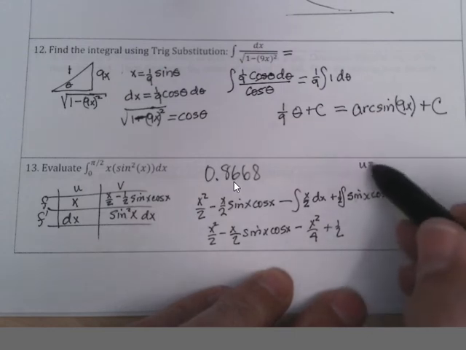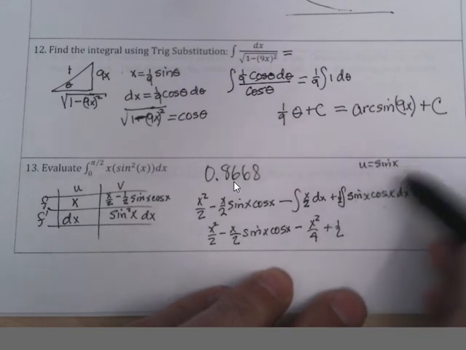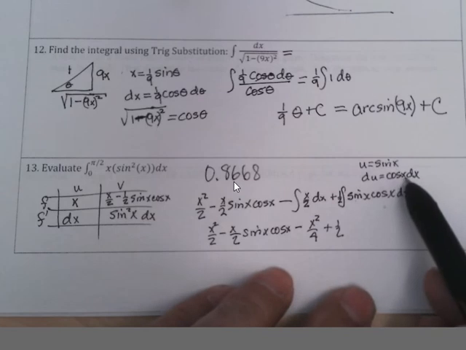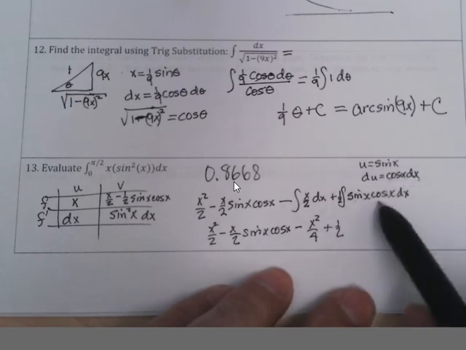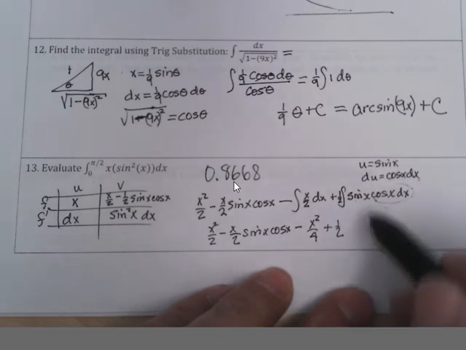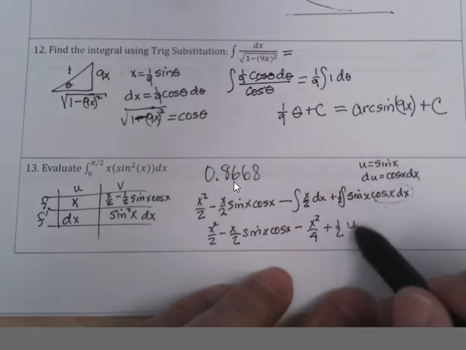I'll do u equals sine x, du would be cosine x dx, and then I would divide by cosine x, and the cosine x dx is du, and this would be u, so it becomes u